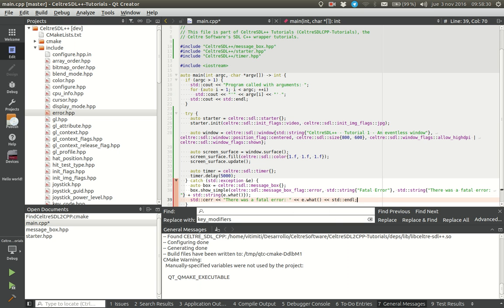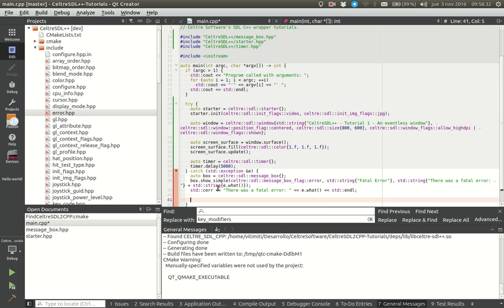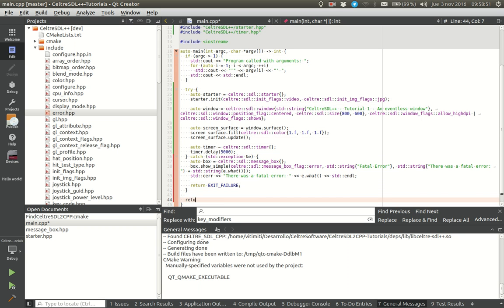As long as the SDL works and is installed in the system, the simple box should never fail. Now I'm going to return from here and exit failure. Again, like with the worst quality microphone,